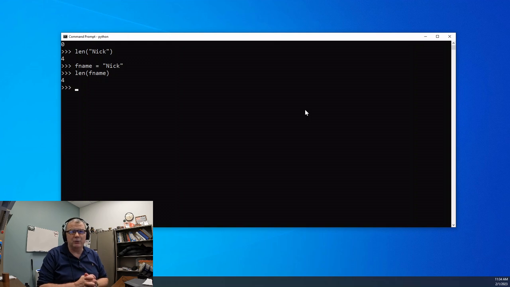it returns the value of 4. Let me put my last name in there. I say lname is equal to di space tirro. Now notice I put a space in there because a space is a character. So if I do a length, or find the number of items in the object or variable lname,